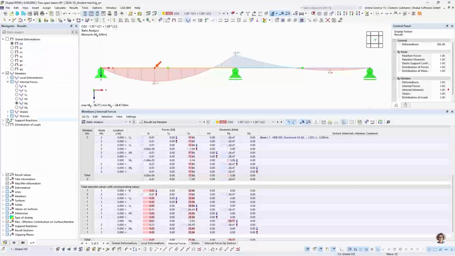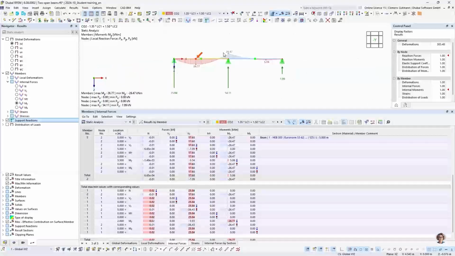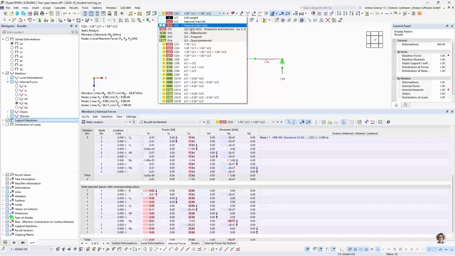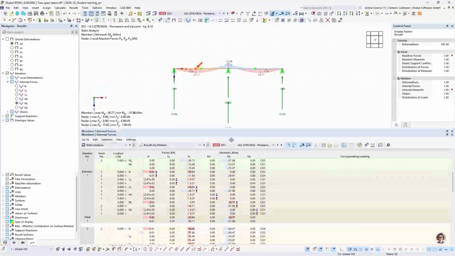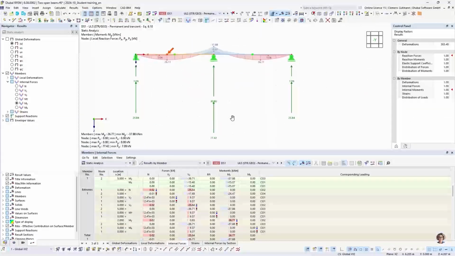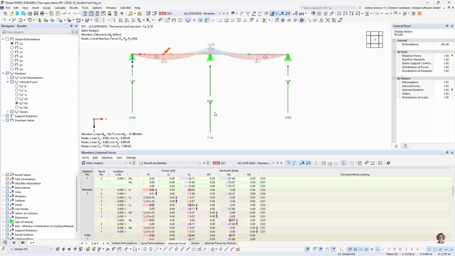Good. Now we want to check, for example, also support reactions. And we can see that if we go into the design situation back, there are 2 arrows displayed. And like the internal forces, we have an envelope, so we have a minimal and a maximum value for the support reactions. And for example, if I display the loads again